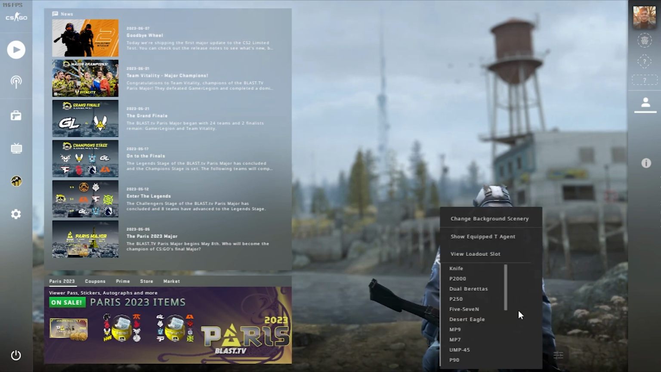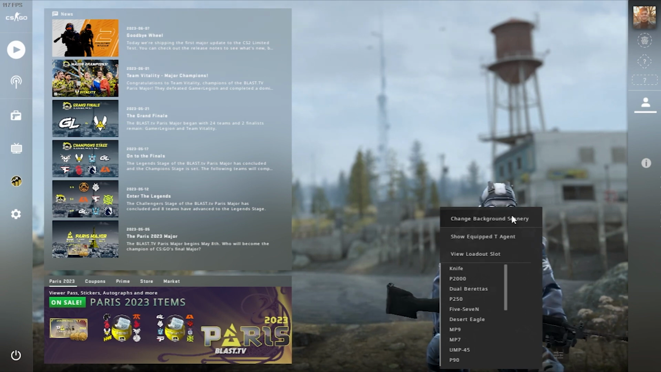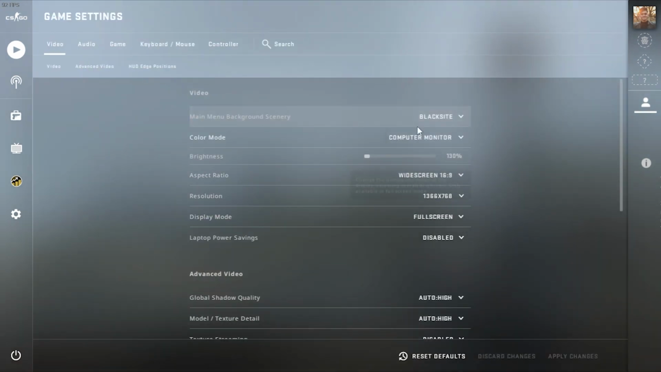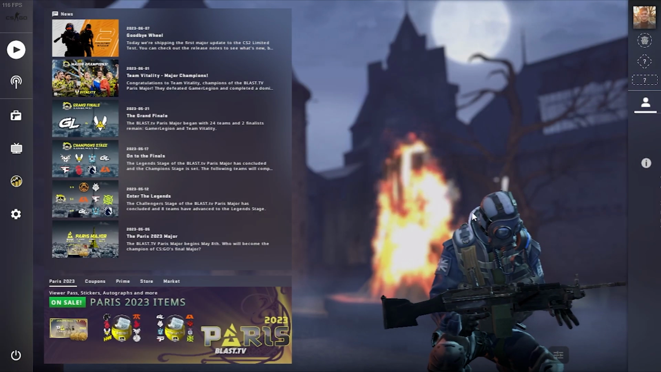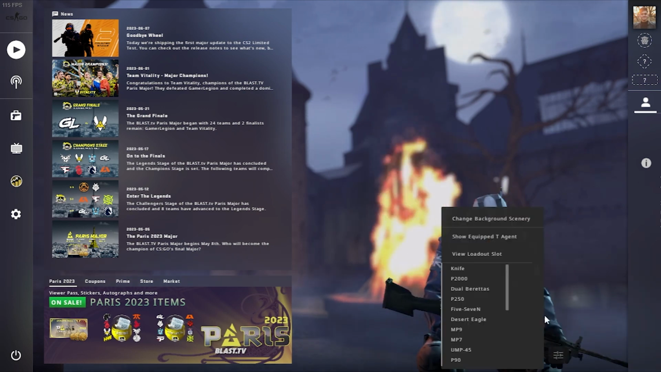When you click there, you can see the basic customization options. From here you can customize the scenery in the background. You can customize the scenery as per your requirements. Like if I set this one, now if I want to customize the character as well, you can click there